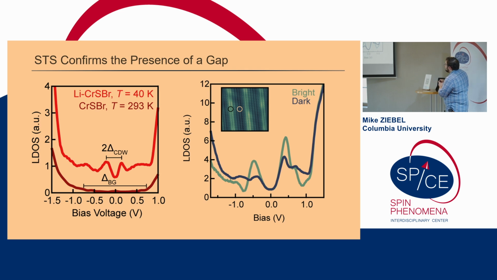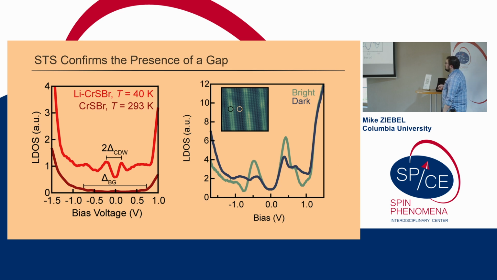If we take STS at the bright spots, which are peaks in the topography, or valleys in the topography, we can see that the local density of states is modulated. So this tells us that this isn't just a structural change, that we actually have electronic differences between our two sites. And if we look at the magnitude of the gap, we can see that it's several hundred millielectron volts, which is quite high, and should correspond to an onset temperature well above the 40 Kelvin